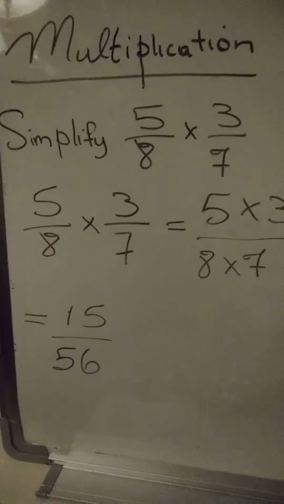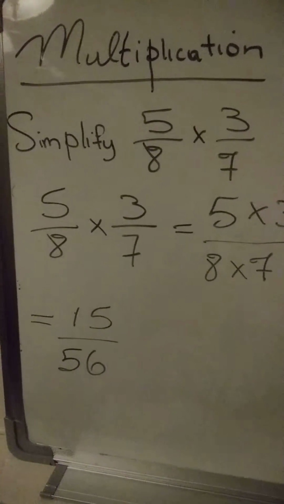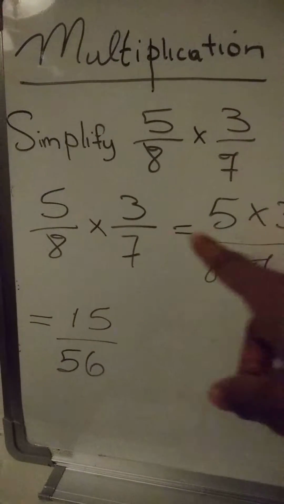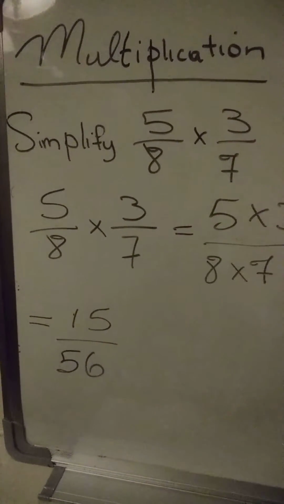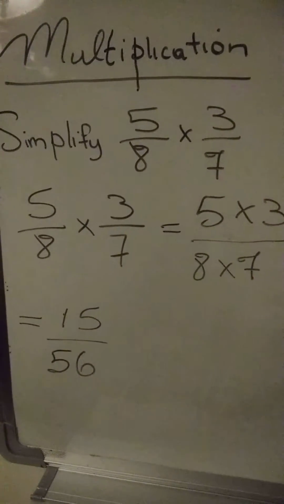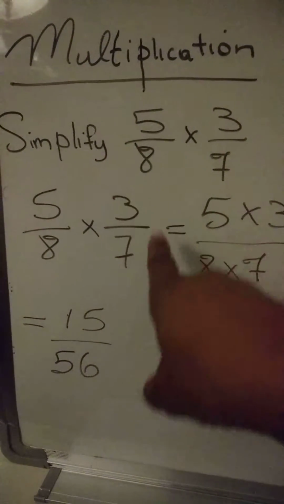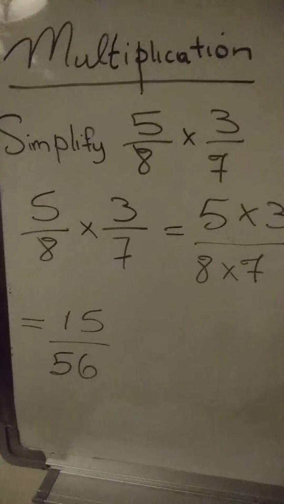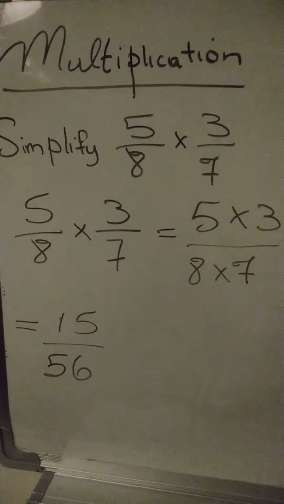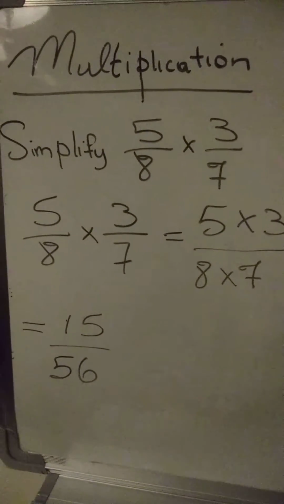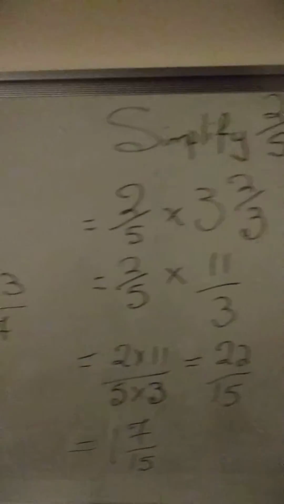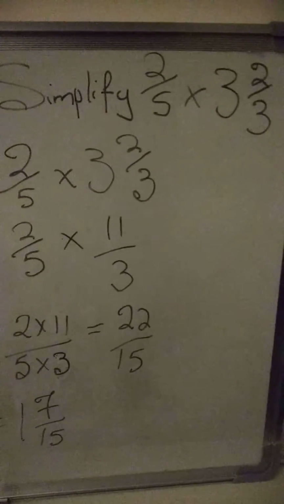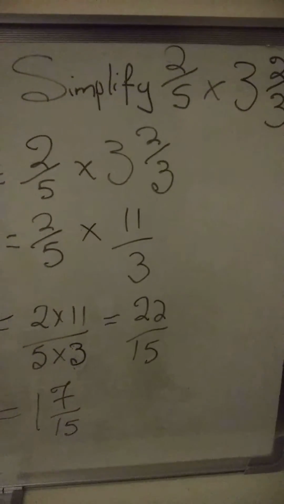This is pretty easy. In this case, you're just going to go ahead and multiply. There's nothing that can cancel each other. So you go ahead and multiply, and we're going to move over to another type of fraction, same multiplication, and you're asked to simplify